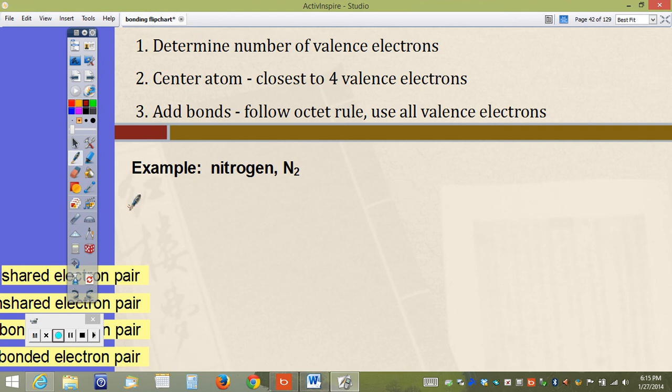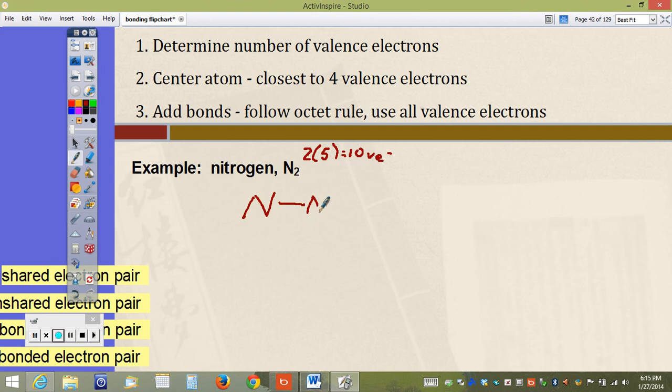Let's get started. Nitrogen, and keep in mind the reason why it's N2 and not plain old N is because nitrogen is diatomic. There's 2 nitrogens. Each nitrogen has 5 valence electrons, so we're going to have 10 valence electrons total. Now in this case, you don't have to worry about the center atom. There's only 2. So we're going to go ahead and write down the N with the bond going to the